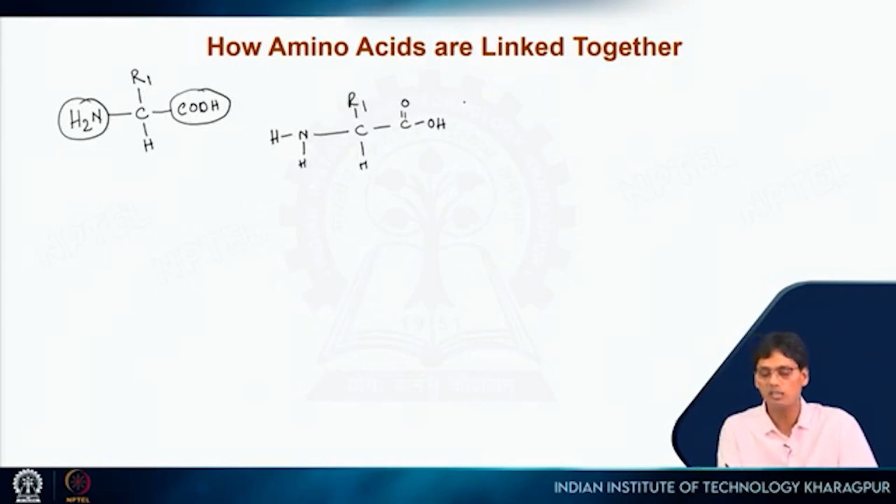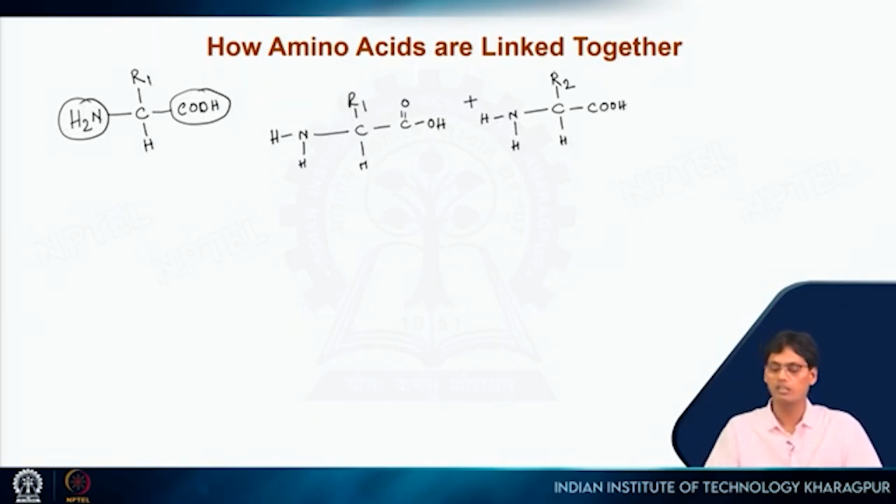And now another amino acid, if I draw it this way, just nearby. So this is a defined amino acid. I am putting R2 as the side chain. If R is just a hydrogen atom, then it should be glycine. It's the simplest amino acid. So now here